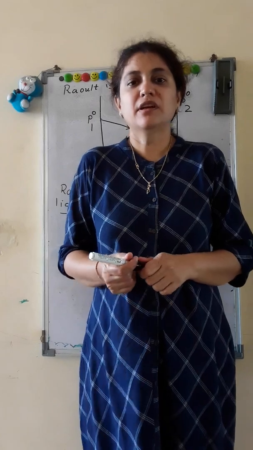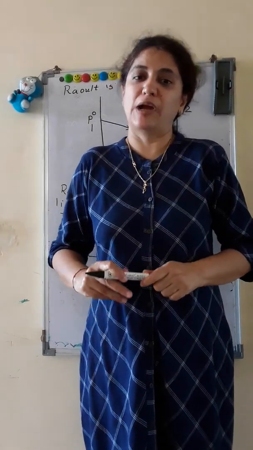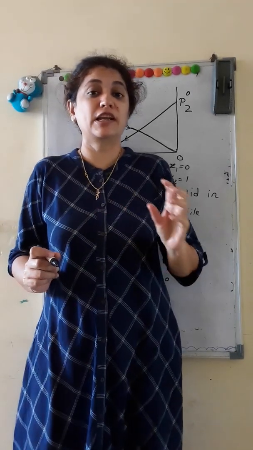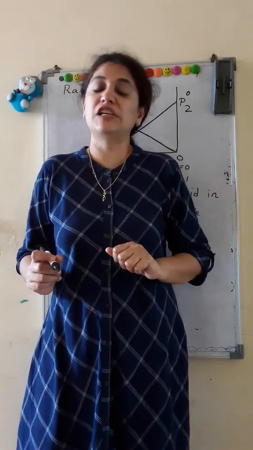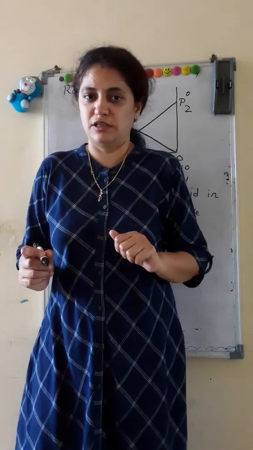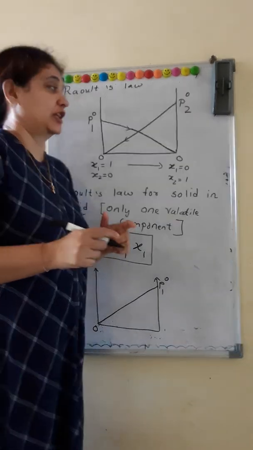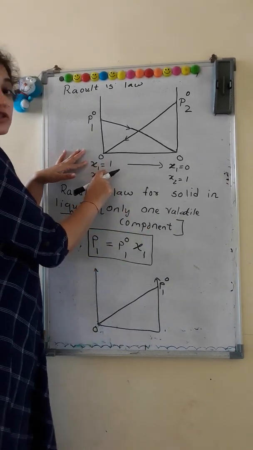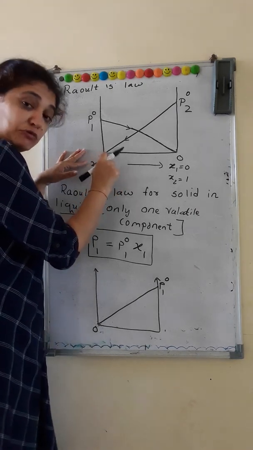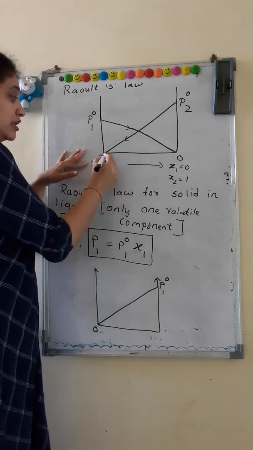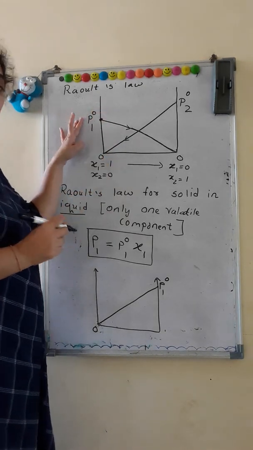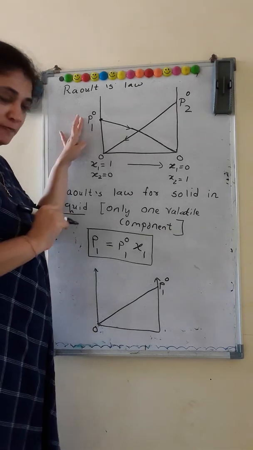Good morning everyone. We'll continue with Raoult's law for binary liquids. Yesterday we have seen when both components are volatile liquid, partial pressure of each component depends on mole fraction of that particular component in the solution. If we represent graphically, this is for solution 1. When chi1 is 1 means liquid 1 is not mixed with another liquid. The maximum vapor pressure which is obtained is P01. This P01 is the vapor pressure of pure liquid 1.